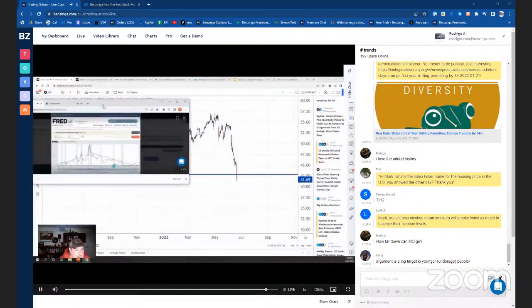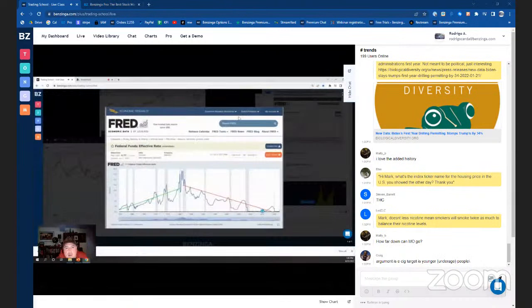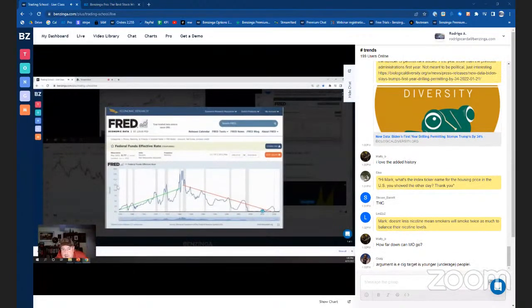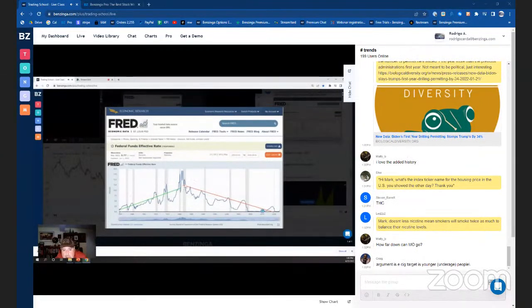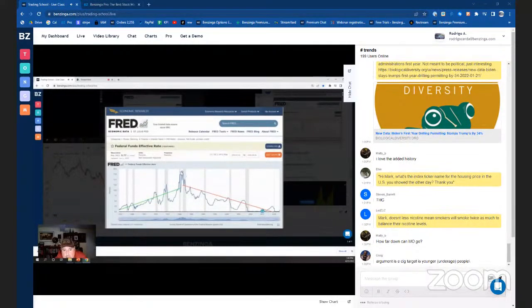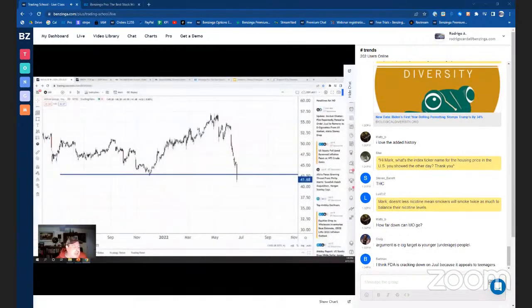So let me put this up here. So this is the Fed funds rate. And we can see back in 1955, it was probably like 2. In here, we got all the way up to 17%. So this is what people are afraid of now, is if the inflation gets too high, the Federal Reserve is going to have to jack up interest rates to force the economy into recession. And that's what happened back then.